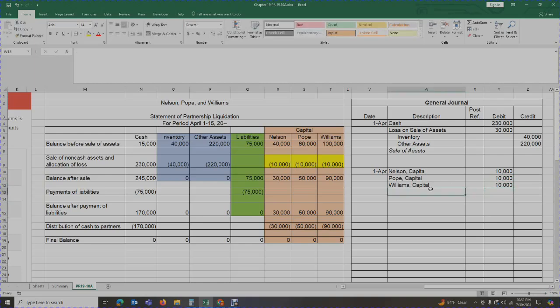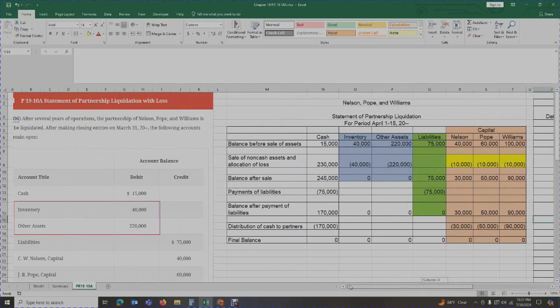Okay. And now I am going to offset that against the loss on sale of assets. $30,000. And then this is going to be the allocation of the loss. That is step number 2. Now step number 3,